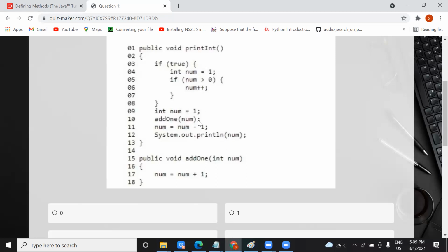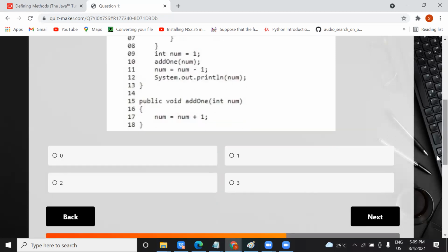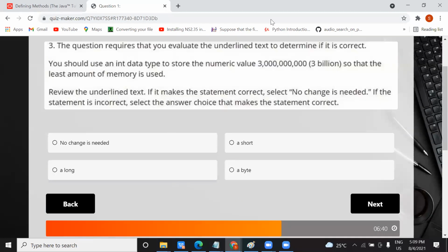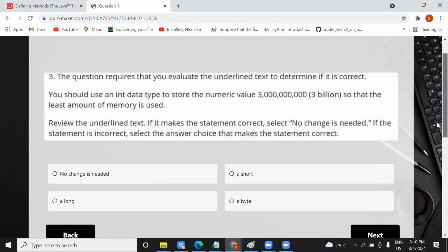Don't worry if you are unable to understand the flow, no issue. I am going to explain it to you. This quiz is just to make you understand how the questions come so that you can tick mark the answer. If you are unable to understand the flow, just select any option. I'm selecting this one based on my understanding. See, the next question will come.